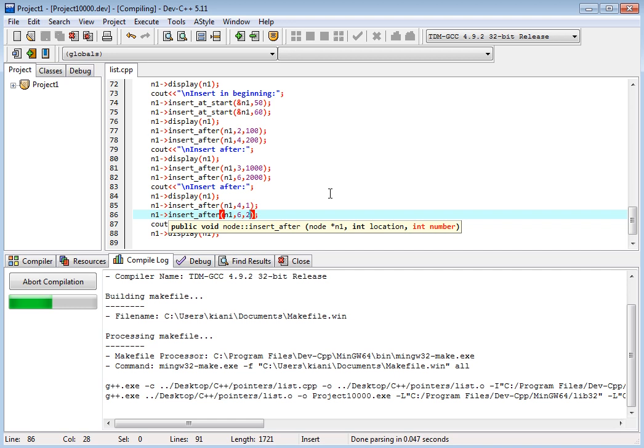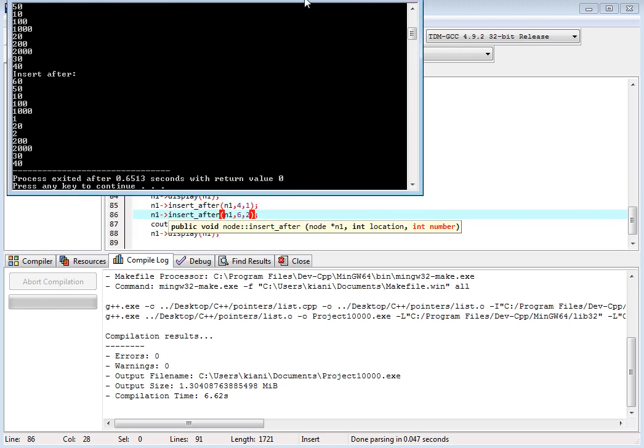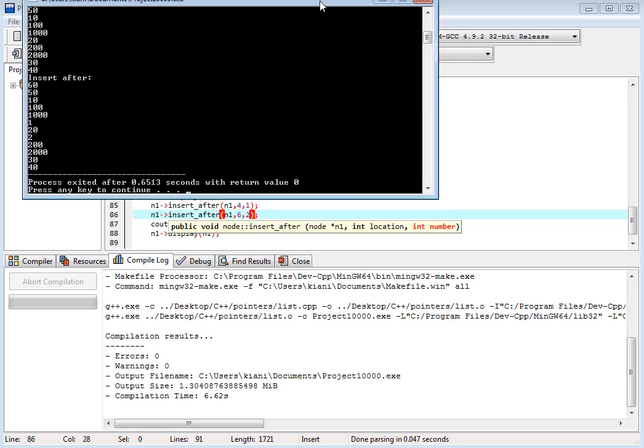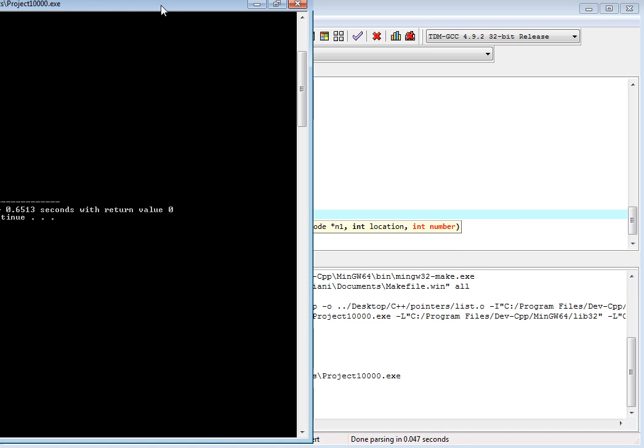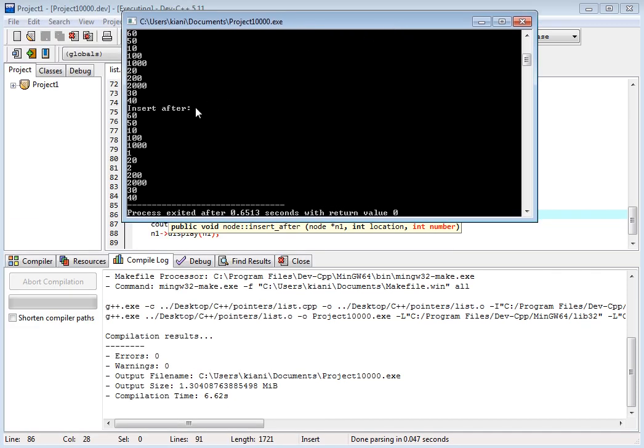We have this, and we call again. Copy, and we should paste it after, for example, after 4 put 1, and after 6 put 2.